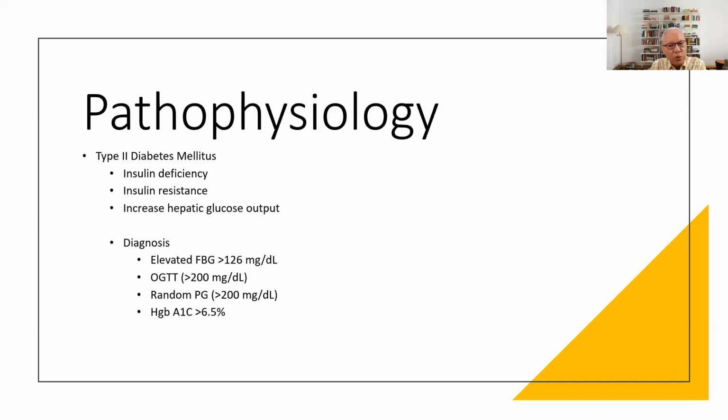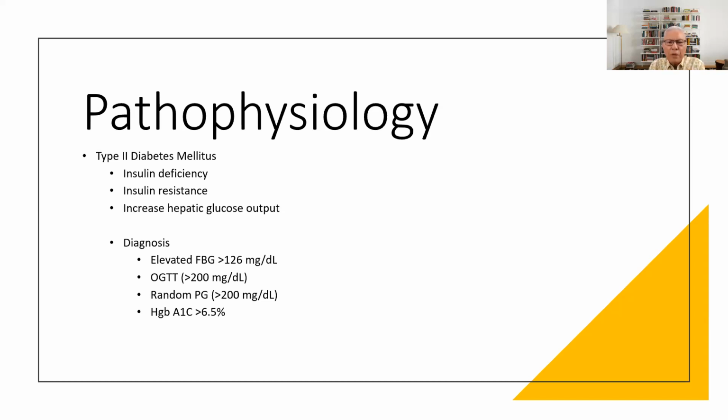So that 126 as a fasting blood glucose is going to be significant. Other diagnostic measures that we do would be a 2-hour post-prandial during a 75-gram oral glucose tolerance test. Anytime the oral glucose tolerance test is about 200 milligrams per deciliter, then this also establishes a diagnosis of